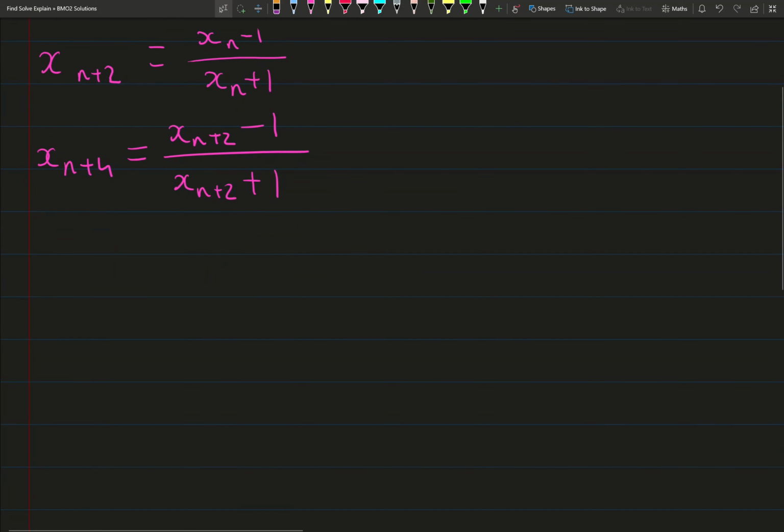Okay, so this is relatively easy to simplify, and we can times top and bottom by x_n plus 1 to get rid of the fractions inside the fractions. And this gives us. Okay, from here we can simplify this to give us